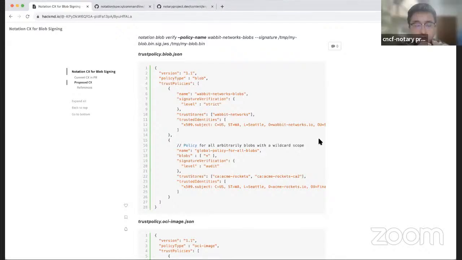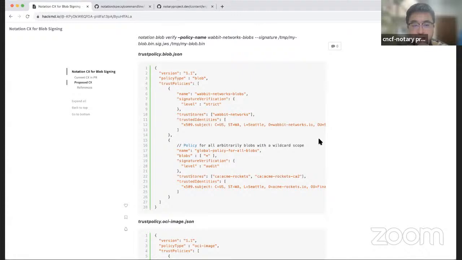Yeah. If you're asking about the other commands, previously we planned in the upcoming release 1.1 to introduce some new policy commands so that users don't need to manually edit a JSON file.